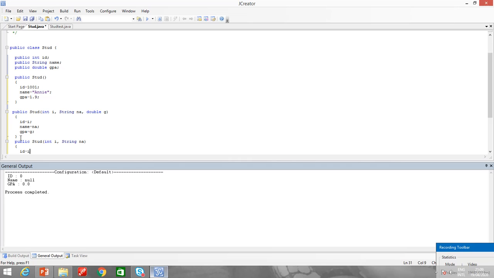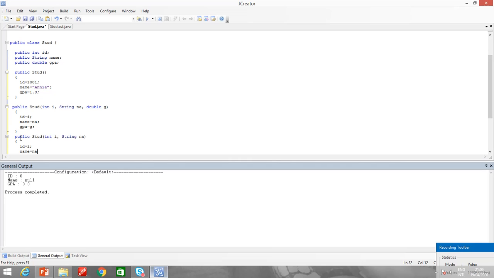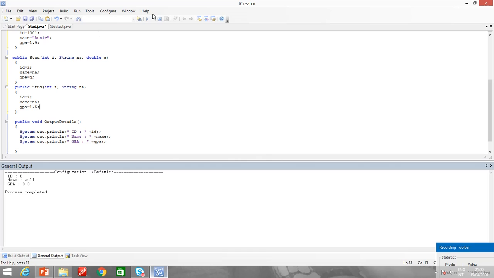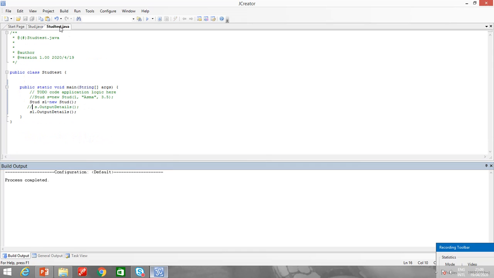ID is equal to i, name is equal to na. Even if I don't define GPA, it will define the GPA to its default value. GPA is equal to 1.5. I can define GPA explicitly over here, something like this. Done. Alright, so let me just create 3 objects over here.